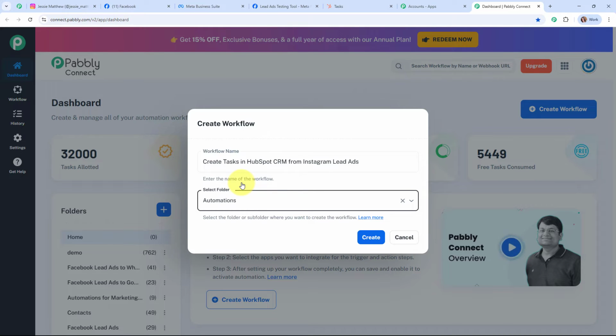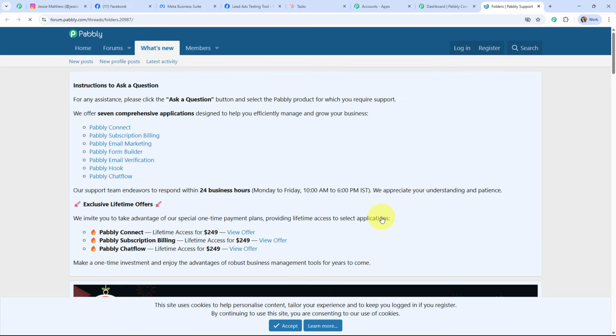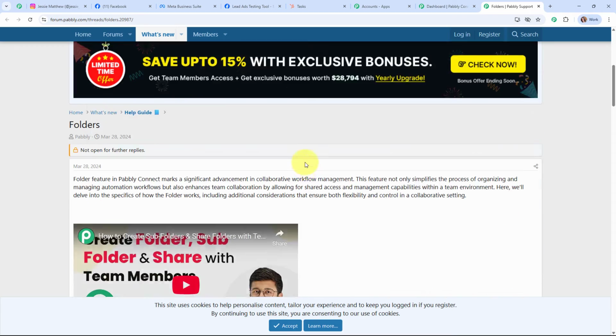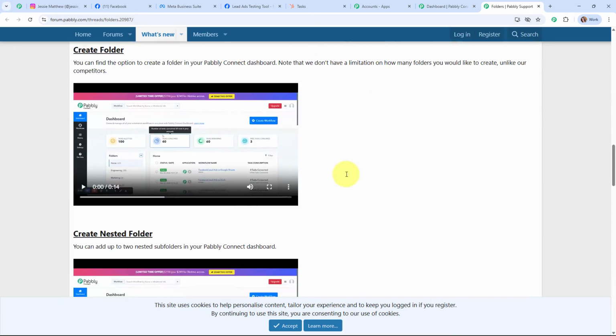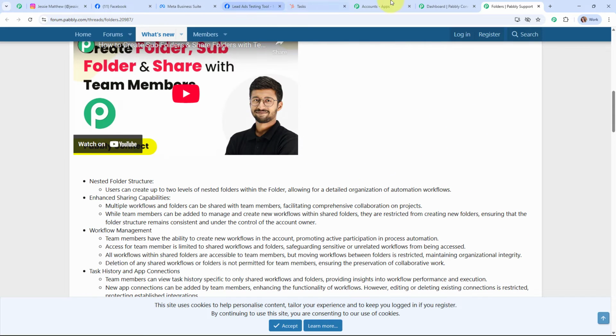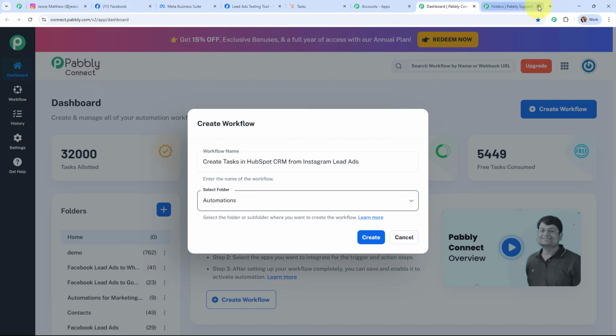And now here to learn how to create a new folder inside Pabbly Connect, you need to click on this learn more hyperlink given over here, and it will take you to a forum window where you can see all the instructions to how to create a new folder inside Pabbly Connect. Alright, so now let's move back to our Pabbly's dashboard,